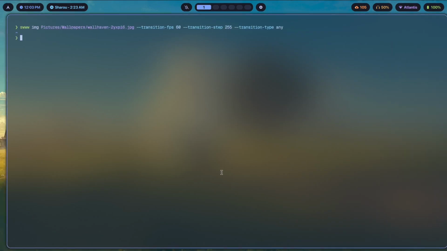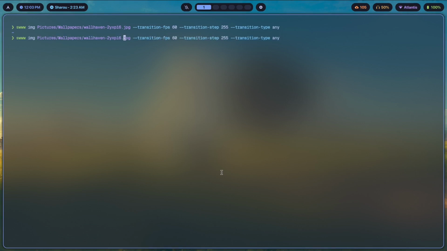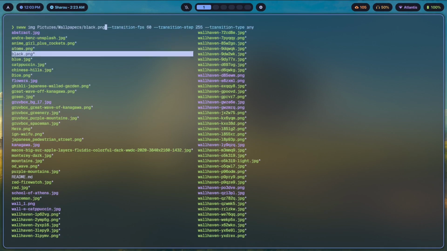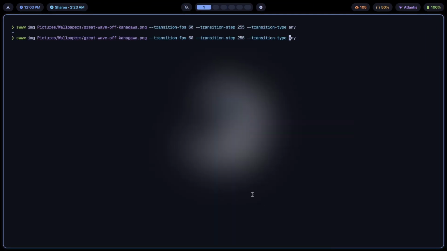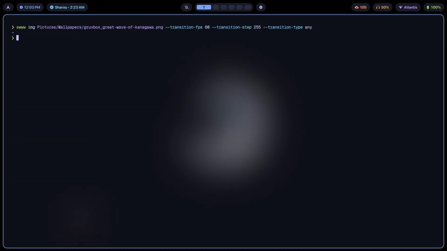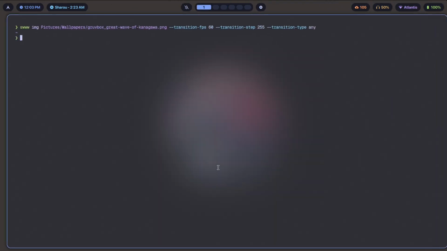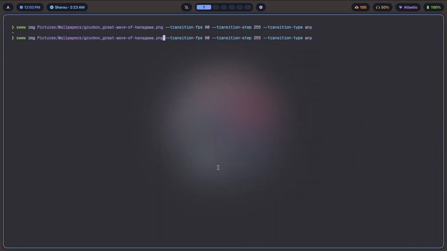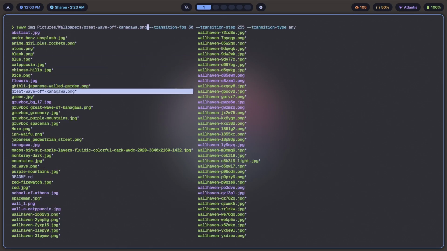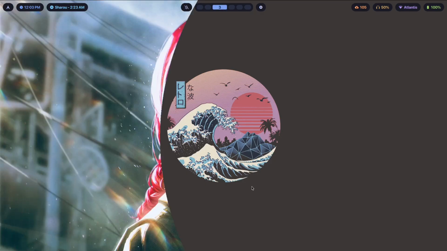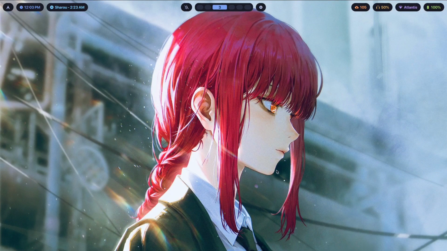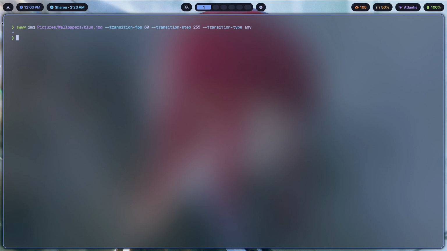Pretty cool, right? We can change the wallpaper to a different one, and then we'd still get a different transition. So let's just pick this one. Okay, awesome. And let's pick another wallpaper. Probably like this one. Great. And last one. Right over here. So actually the same one, so let's pick this one. Pretty awesome, right? Now, basically, right now, the theme and the rest of the system hasn't actually adapted to the